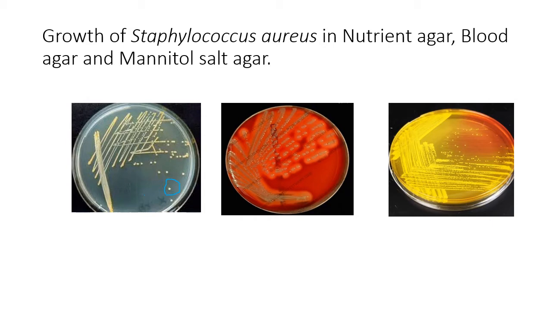Of course, when you see it in the plate in the practical, it will be much clearer, but you can see it's 2 to 3 millimeter, and there is a distinct pigment. You can see that nice yellow pigment, and you know that the word aureus was given to Staphylococcus because of this non-diffusible yellow pigment. What else can you see? You can see that it is opaque and it is smooth, it has entire edges, and of course, on nutrient agar you cannot tell about the characteristics of the